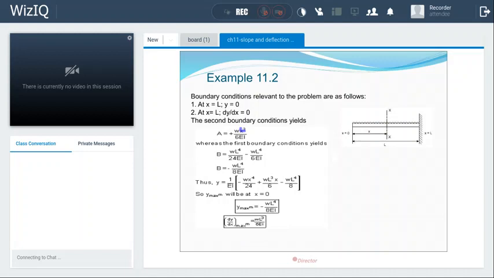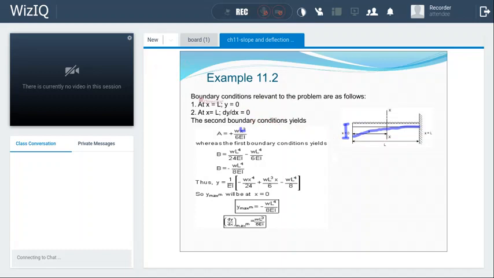If you see here, we will substitute those values and get the point of maximum slope and deflection. You can see that it will be like this. This will be the deflected shape or the elastic curve of this cantilever. So you will have maximum deflection at this point. This will be the maximum value, and the slope will be,